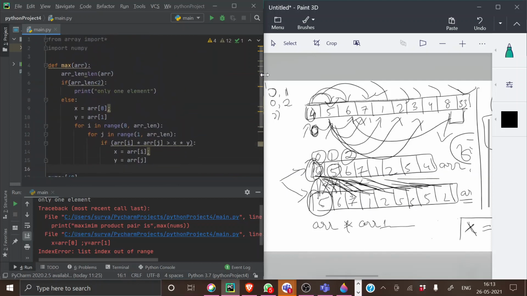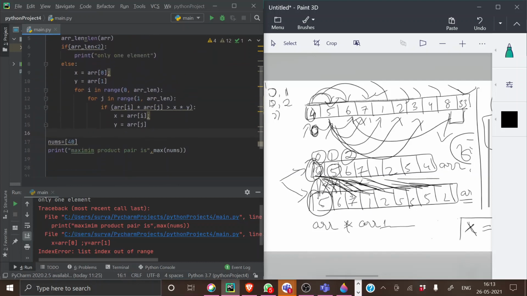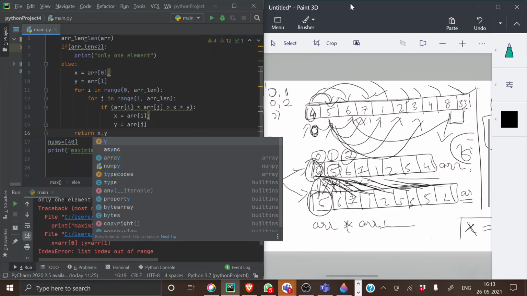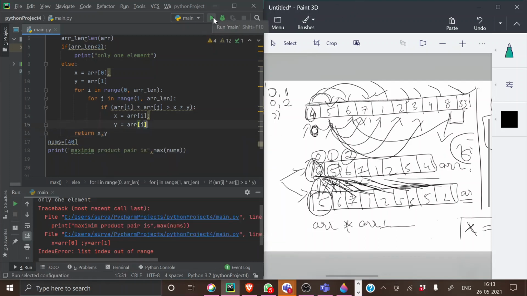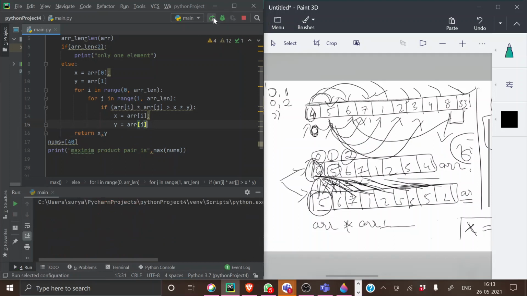This is what I said, right? Mistakenly, you removed the line of return as well. Okay, I guess. Now it's right. Now it will run, I guess.